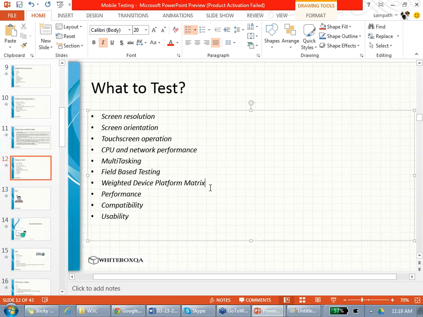Then there is something called the weighted device platform matrix. What is this? See, for example, I want to test Bank of America, and just take iOS as the case.